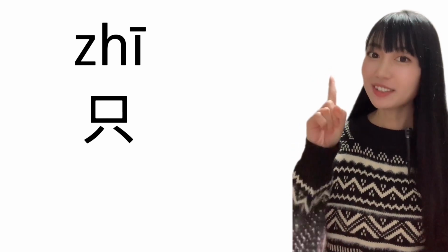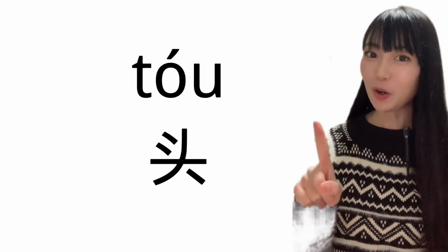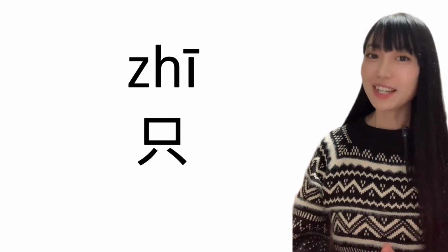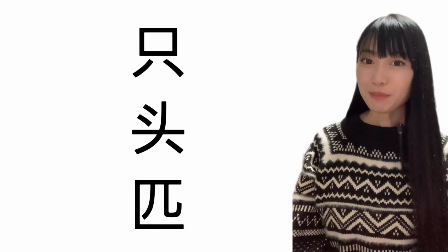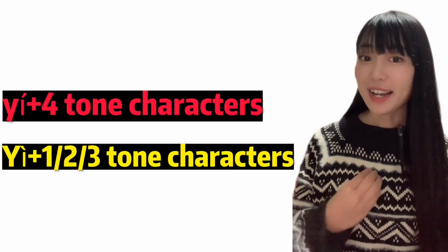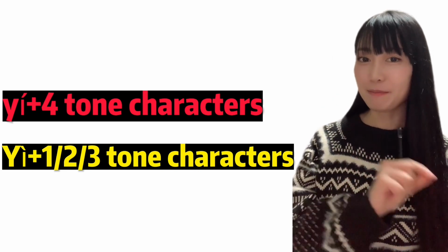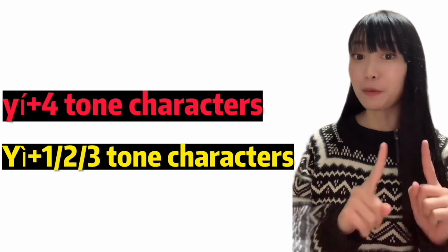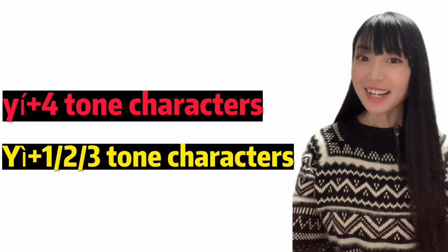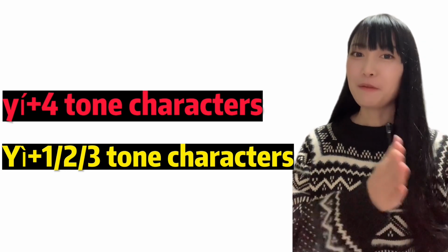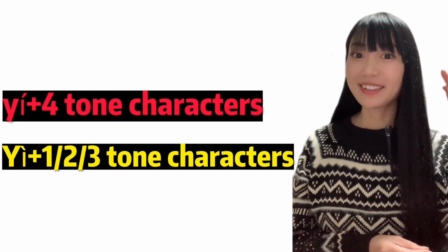只, 头, 匹. When we count small animals, we always use 只. Before we start to learn these 3 words, we need to know that 一 is very special here. In the last lesson, I said we should read yí instead of yī when it's before a character with the 4th tone. And sometimes we should say yì instead of yī when the following character is 1st tone, 2nd tone, and